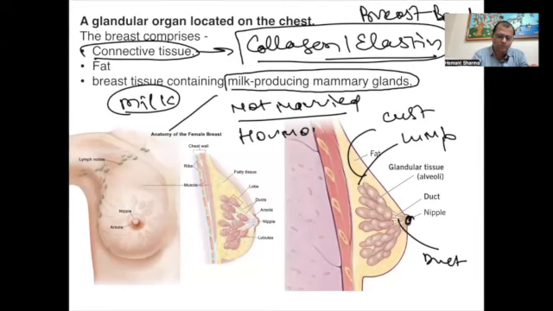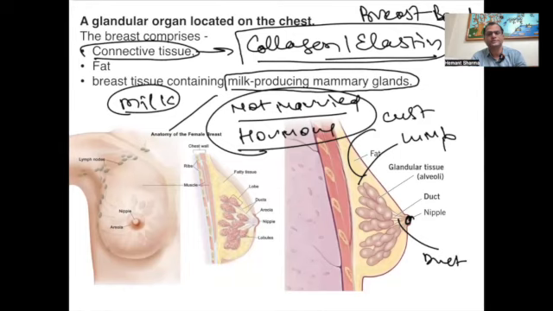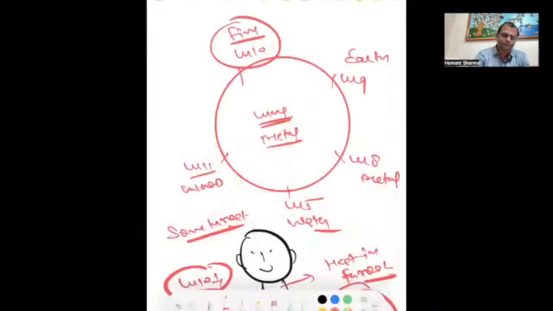So how to work on these conditions, that also we are going to discuss. 因为另外一种情况，有些女性没有怀孕哺乳，但还会有乳汁产生，这是什么原因？我们也会来讨论。